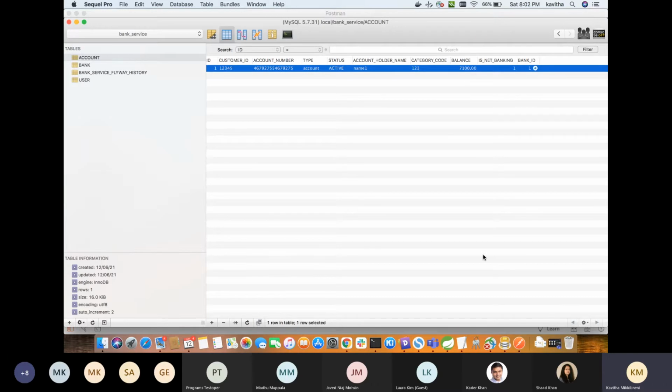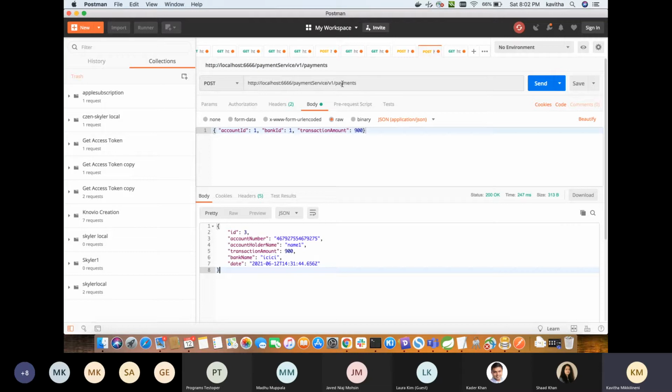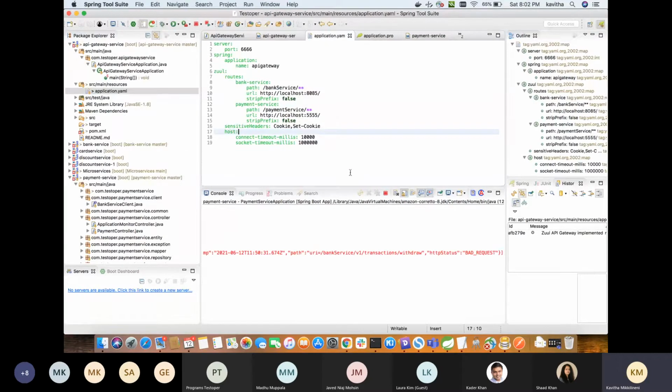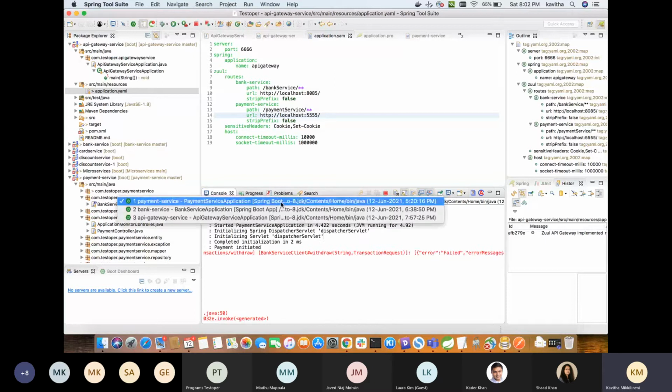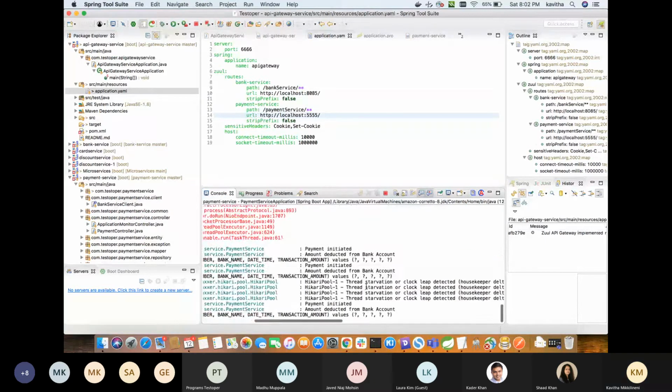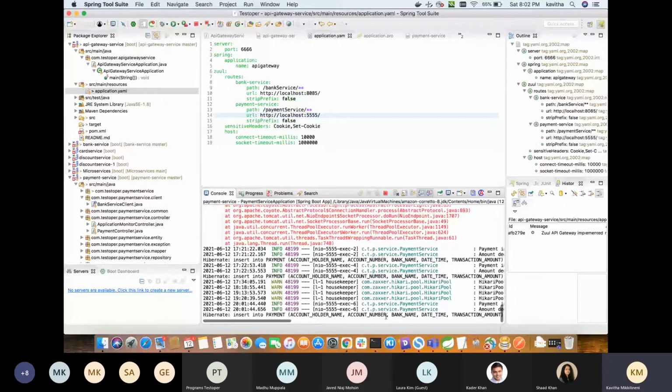Last week when we saw this code, we were accessing these two services as separate microservices. But now we have grouped them and routed them through a single gateway. So whatever is exposed to the client will be this. We don't have to share the individual microservice URLs with them. So this configuration is very important. We can see that the call to the payment service has also been made here. So amount deducted from the bank. This is the recent call.